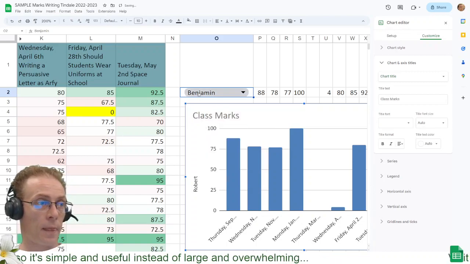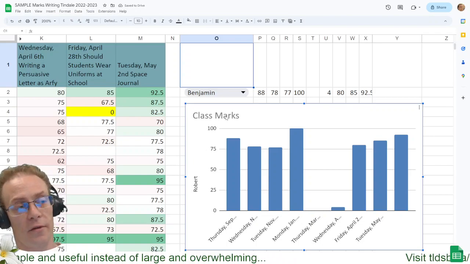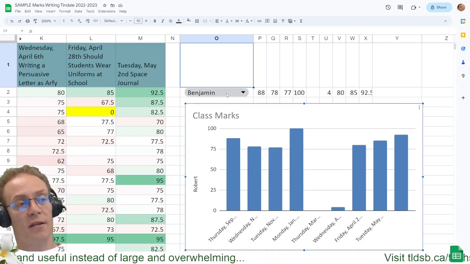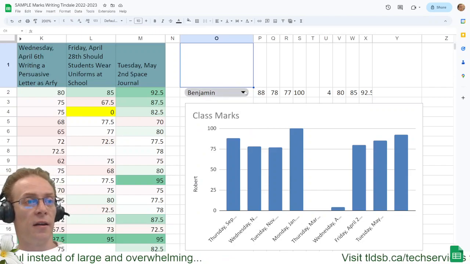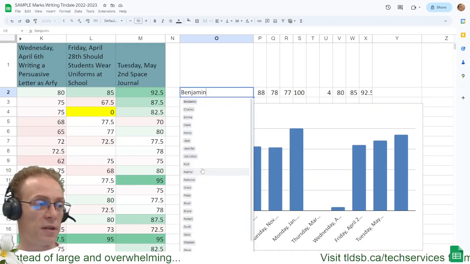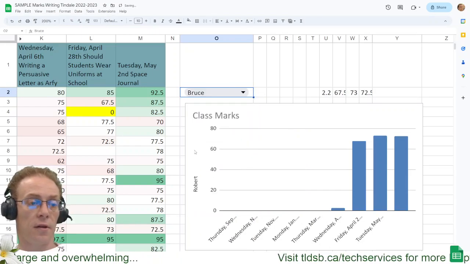There. Because that part you can't do dynamically. I've looked, believe me, I've tried to make that be based on a cell, and it won't let you do it. Not yet, anyway. Maybe one day. But for right now, it just means that as I continue to change any of this stuff, those charts will